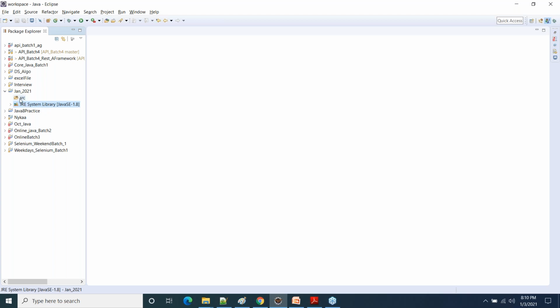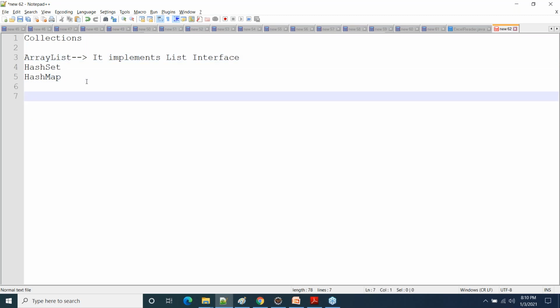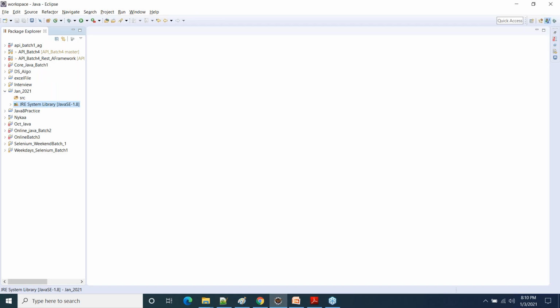Okay, now I'm going to create a new source file. Okay, a new Java file. What is this system libraries? System libraries, like, now understand, like in Java, you will be using some predefined classes which are already available in Java. Let me ask one thing. In order to use Selenium, you'll have to get the jar file of the Selenium, yes or no?